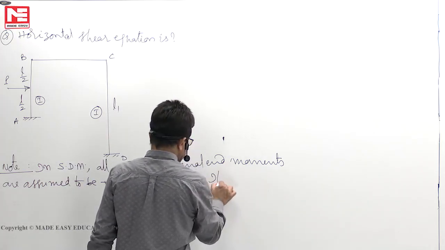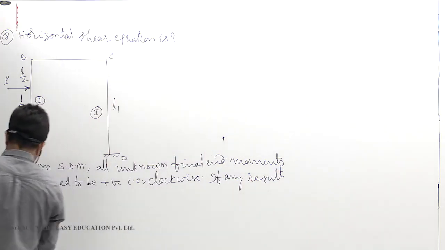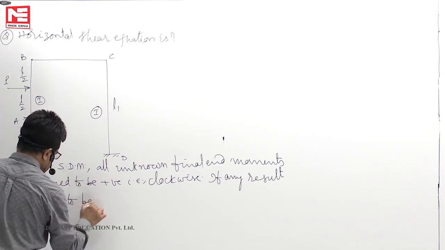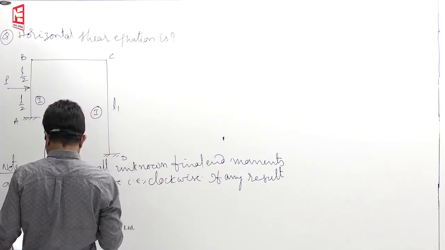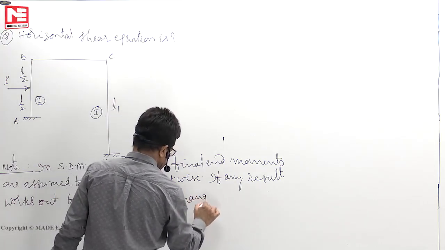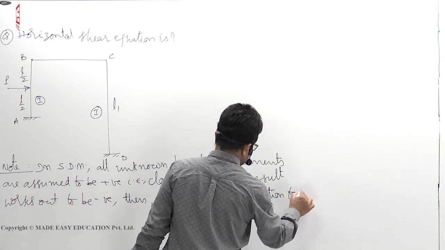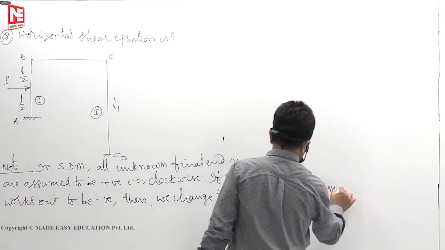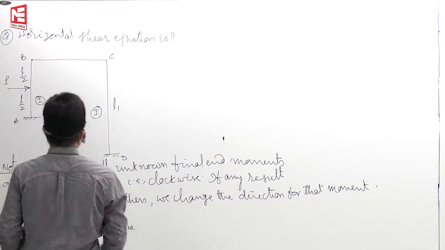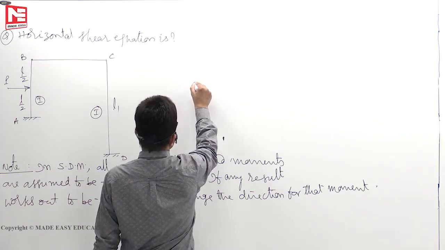If any result works out to be negative, then we change the direction for that moment. Okay. Now when you are drawing the free body diagram of all the members,